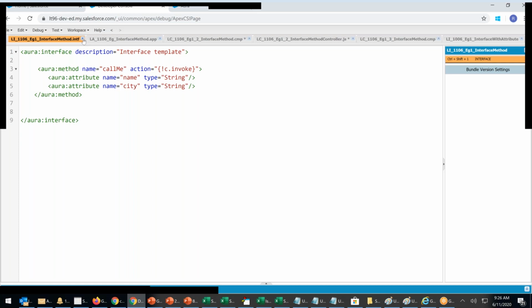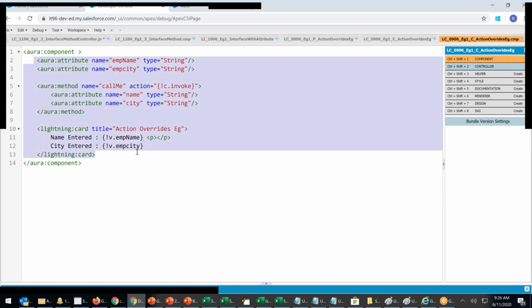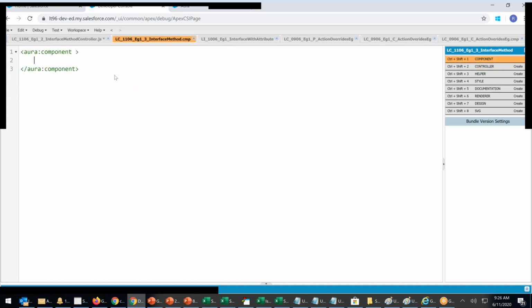Because there are a lot of screens, I'm closing it. Next, copy this whole thing that is in the child. Let's say in my case it is 2 and 3, so 3 is the child.